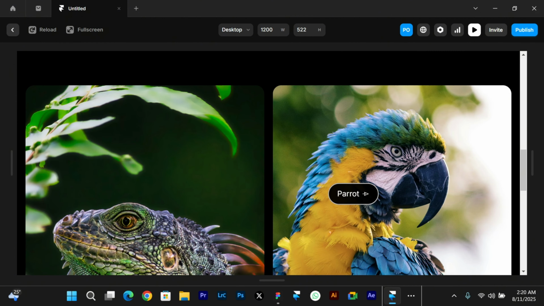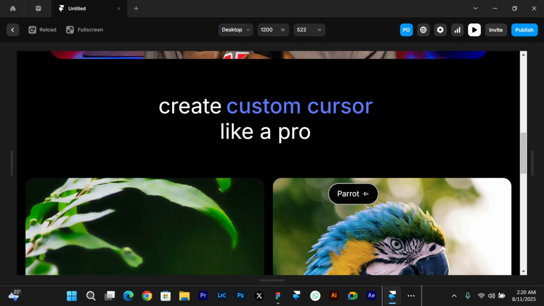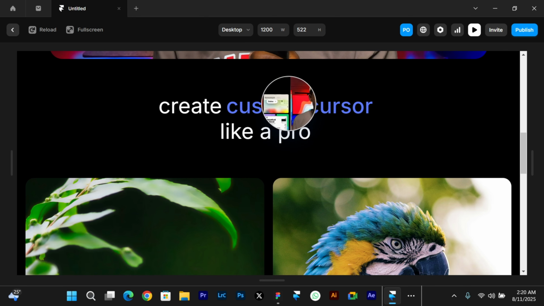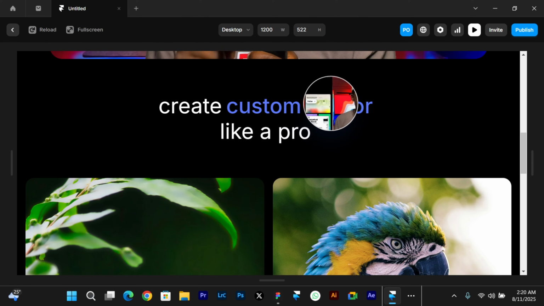But that's not all of my sleeves. Let me show you one last example that will blow your mind. So when I hover through this text called custom cursor, you will notice one thing, that there's a video playing on it. So I'm going to show you right away on how you can link a video component to a text component. That's crazy, right? So if I want to enlarge my view of what I'm seeing, I simply click it and it will lead into the second variant I kind of animated. So let me show you right away on how you can attach a video file to a particular text field.